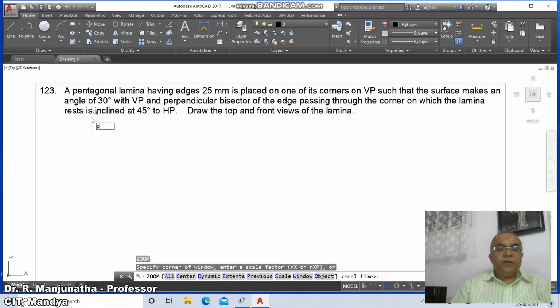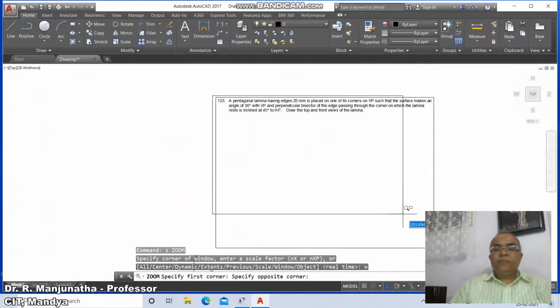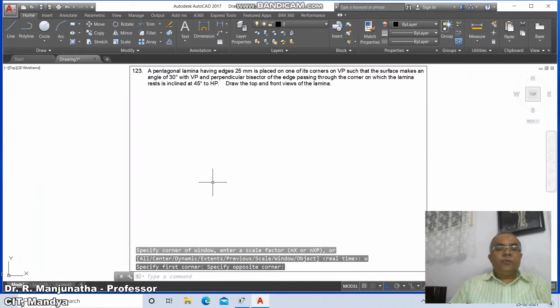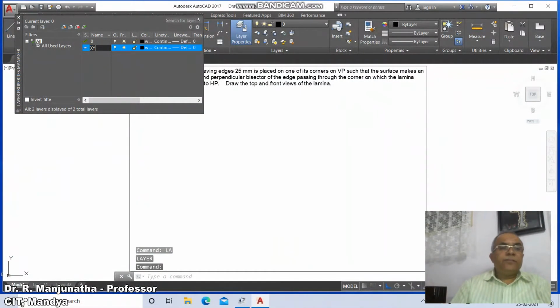Then go to zoom previous, then go to zoom window, then go to layer, click on new and you type XY, then go to new, views and then go to new and type locus. Now here set the line type, line weights of different layers.